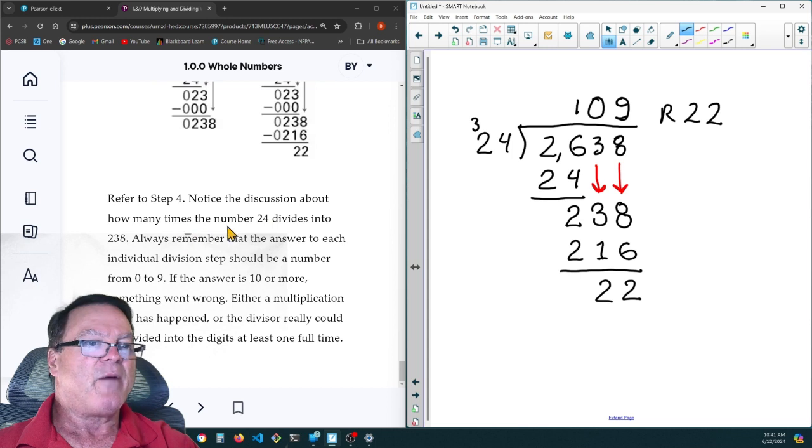Notice the discussion about how many times the number 24 divides into 238. Always remember that the answer to each individual division step should be a number from 0 to 9. If the answer is 10 or more, something went wrong. Either a multiplication error happened or the divisor really could be divided into the digit at least one full